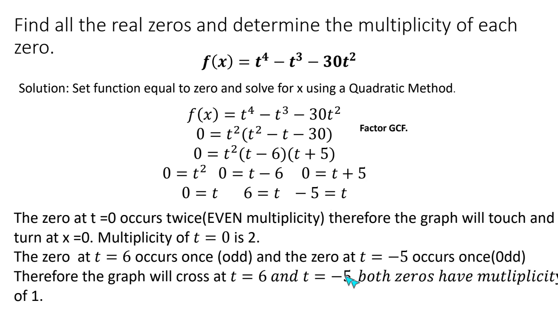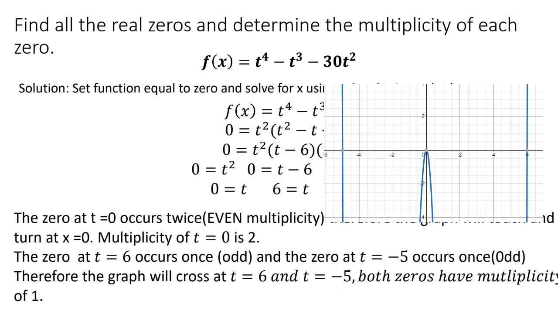So if we were to kind of graph this, you can see here that at t equals 6, the graph is crossing. At t equals 0, it touches and it turns. And then at t equals -5, it crosses. It didn't ask to graph it, but I wanted to show you the graphs just so we can see and make that connection. So just to review the end behavior,